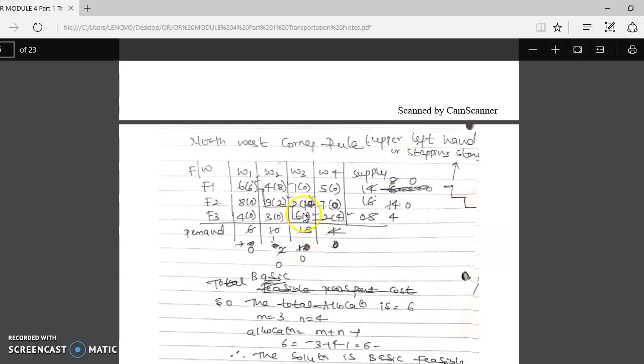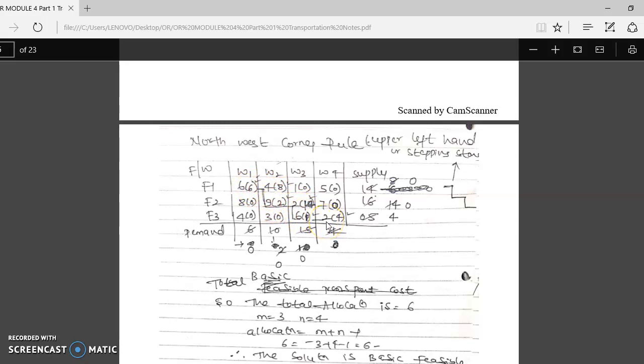Okay, get back to the next element. So supply is 4, demand is also 4, so give 4. Then this also becomes 0, this also becomes 0. Then when all become 0, we have to stop the iteration. Then at the end, check how many allocations we got. So first allocation, second allocation, third, fourth, fifth and sixth. So if we draw the line here, this just indicates that it is a step. That is why it is called a stepping stone.